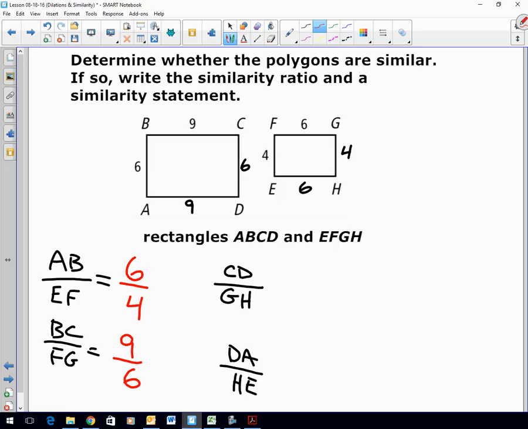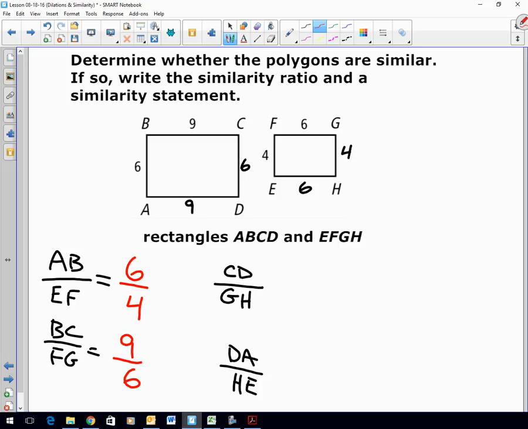Right? You'll see that? Okay. So here, I want to make sure we see this. If these were congruent rectangles, what would that mean? The sides would be the same, right? So this would be 6 over 6, 9 over 9, right? In that case, it'd be congruent. They're not congruent. Are these fractions